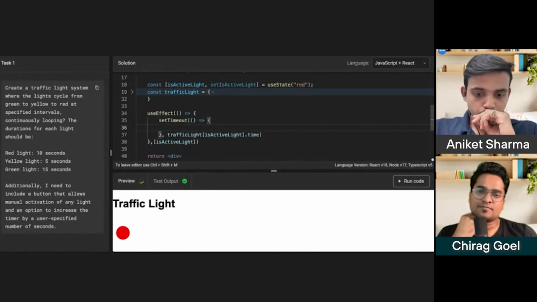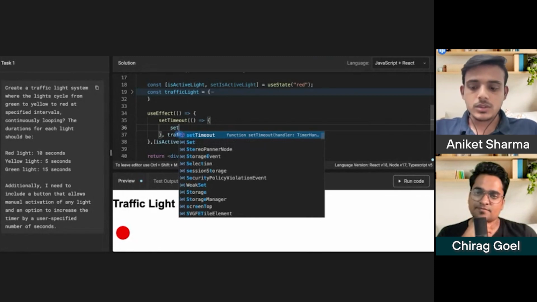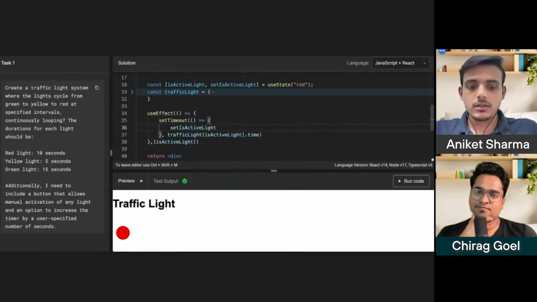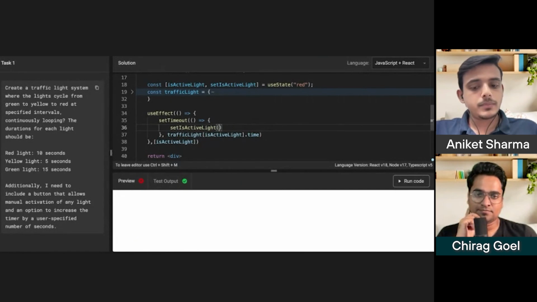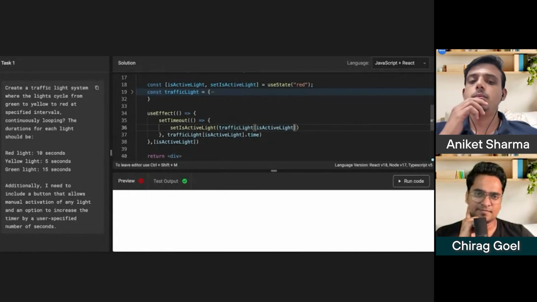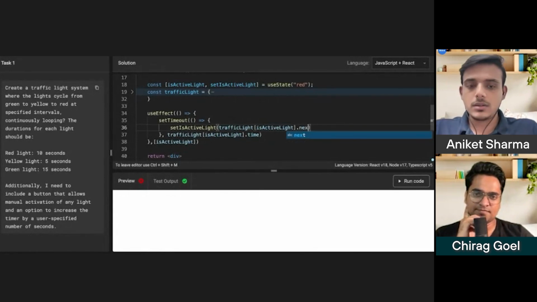And we can also set active light to traffic light of is active light dot next.